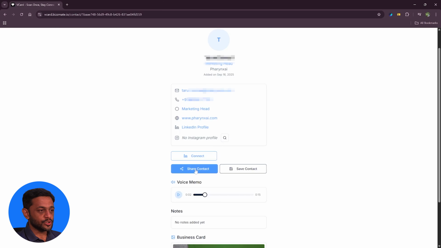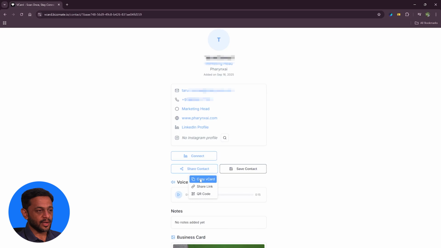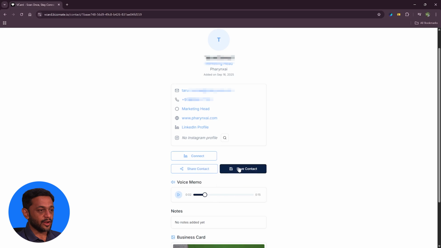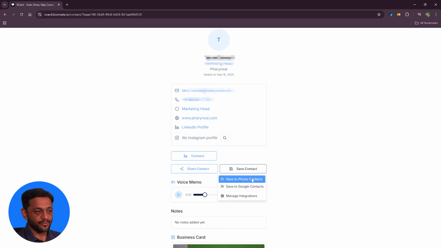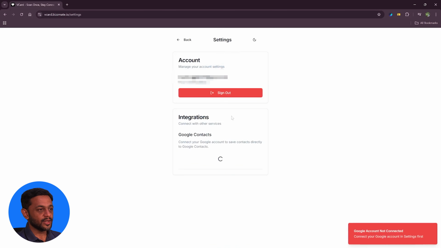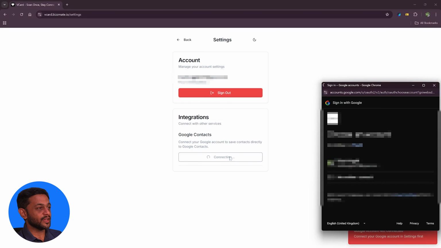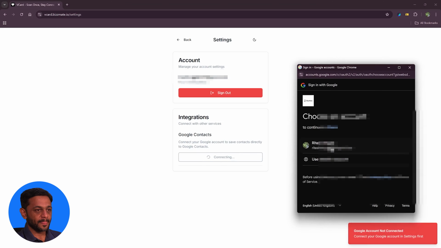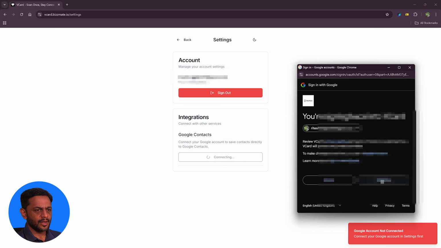I can also share the contact. Okay, I could copy it as vCard, or I can share the link, or I can share it as a QR code, right? I can also save the contact to my phone or Google Contacts, right? So if I have to do it for Google Contacts, then I have to go to Google Contacts. And here I have the option of connecting my Google Contacts account. Okay, so I'm going to use the Google Contacts account, basically the Gmail account. I'll click on continue